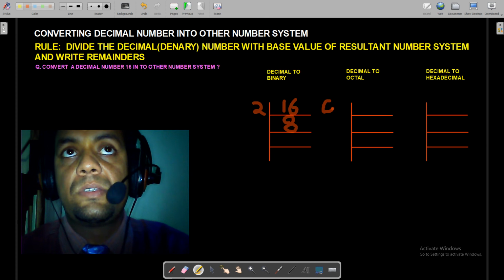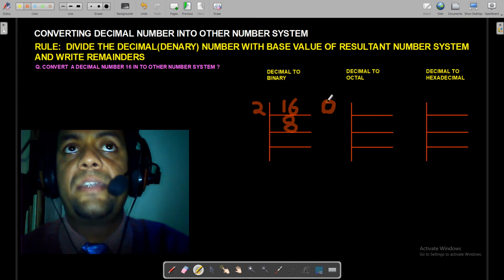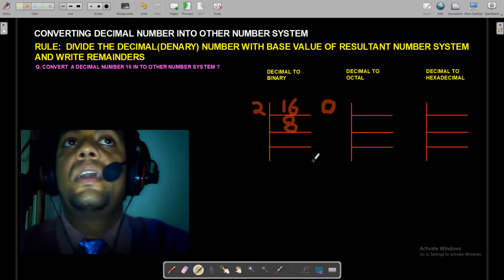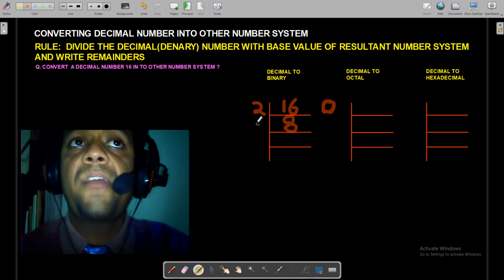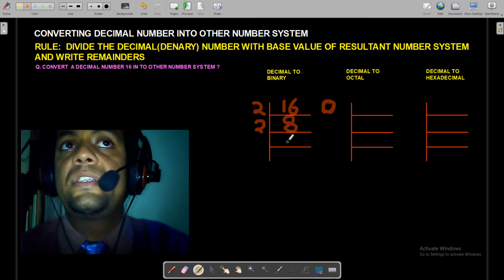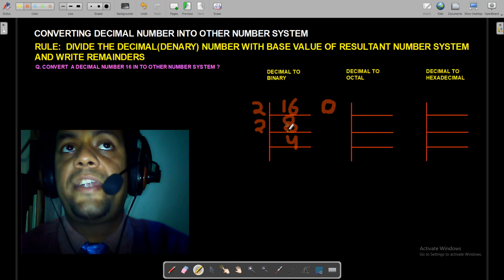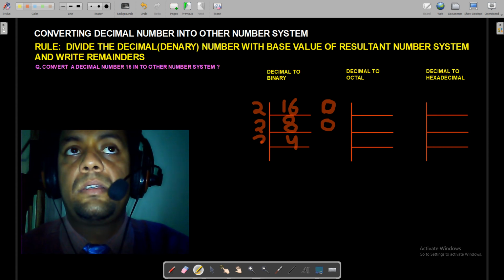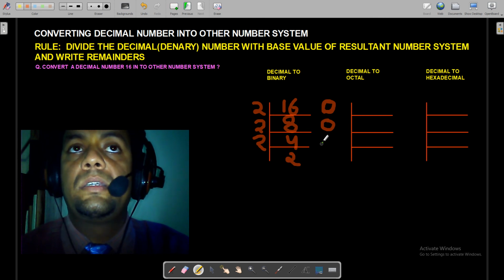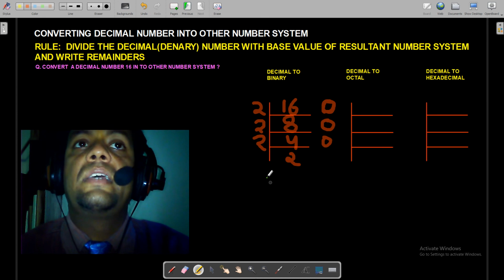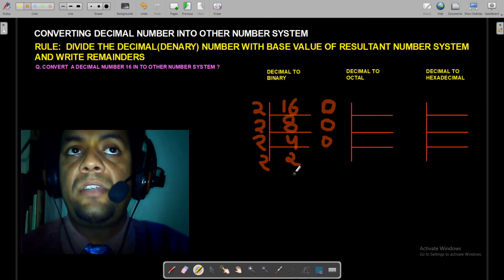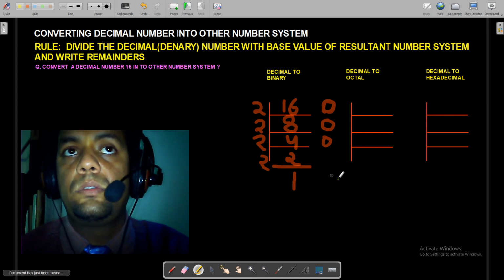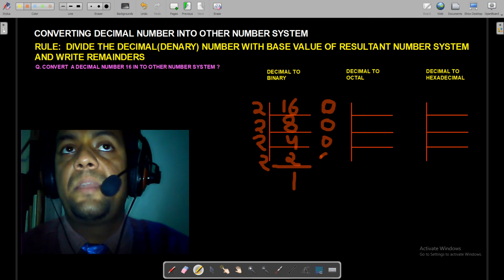Yes. So if you divide 16 by 2, you get a remainder 0. I am writing it here. Now I have to divide further. 2 4s are 8. Now my target is 8. So 2 4s are 8. The remainder is again 0. Now I am writing further division, 2 in the 4. So 2 2s are 4. The remainder is again 0. And now I am trying to divide again. 2 1s are 2. So the remainder is again 0.